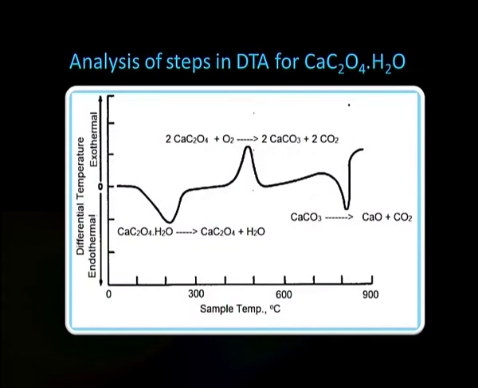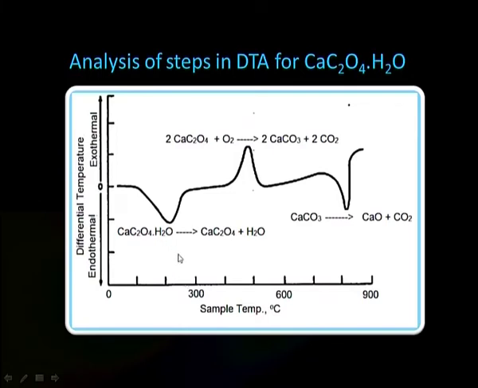Here, let us now see what is actually happening. This is the temperature starting from 0 to 900 degree, and here we are considering 0 as exothermic process and then downwards endothermic process. In the first step, which is endothermic process, we can see that calcium oxalate monohydrate is giving calcium oxalate plus water molecule, that is, the removal of water takes place at about